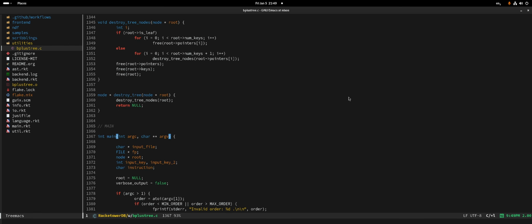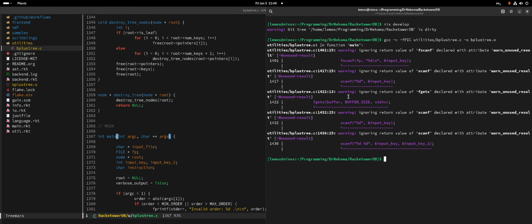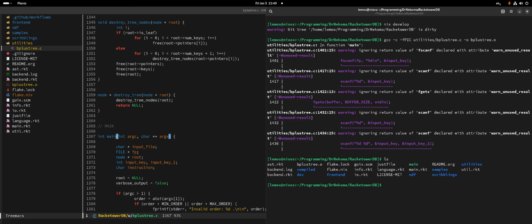Interesting. Ignoring a bunch. Oh, did it compile? Okay, so do we have the .o? I do think that we should have. So just use GCC -shared. Oh, it is here.